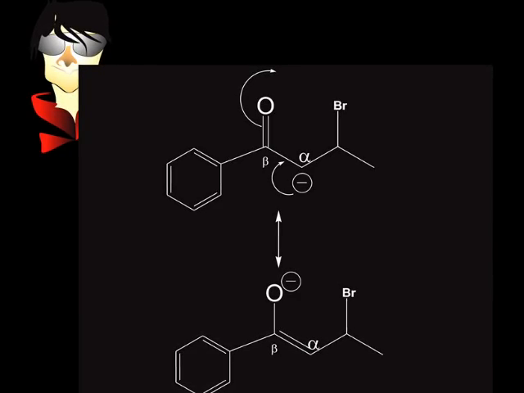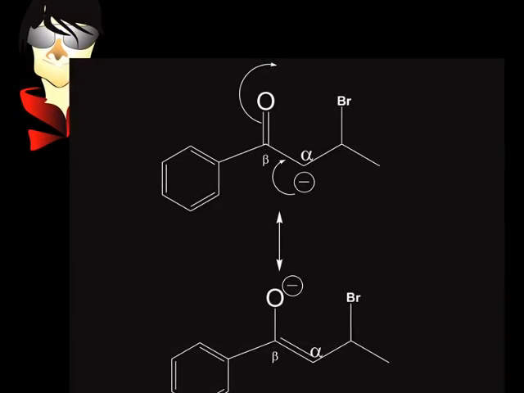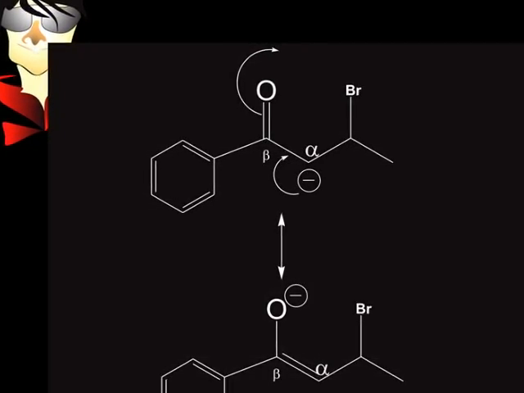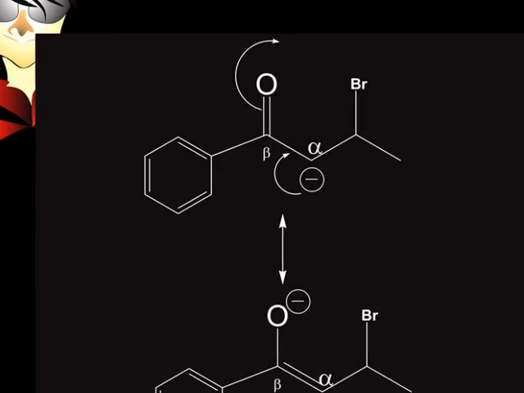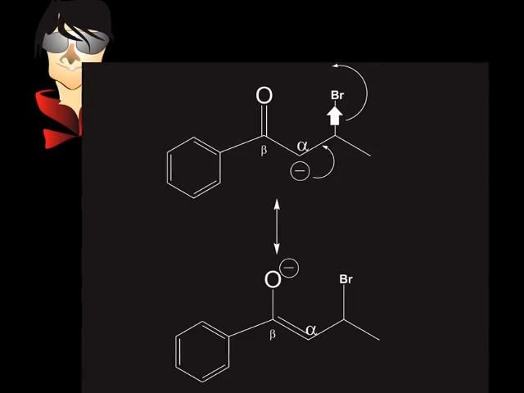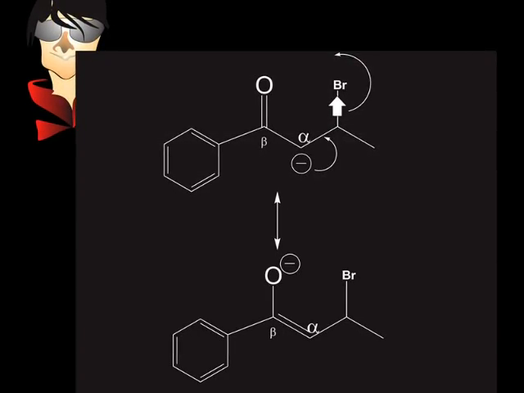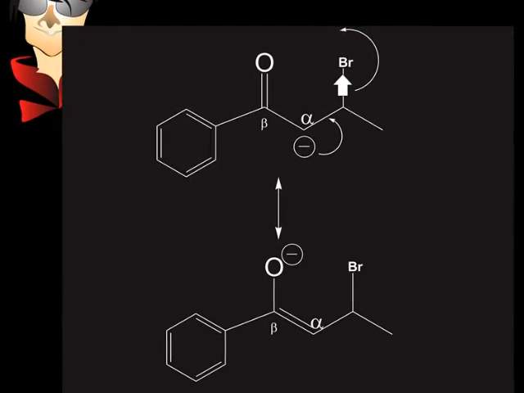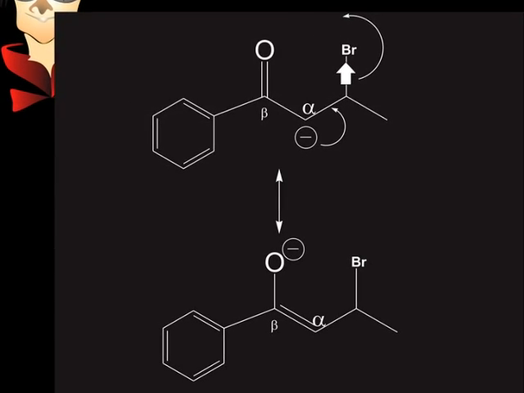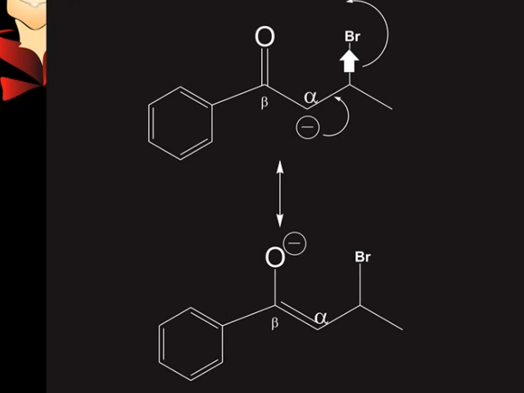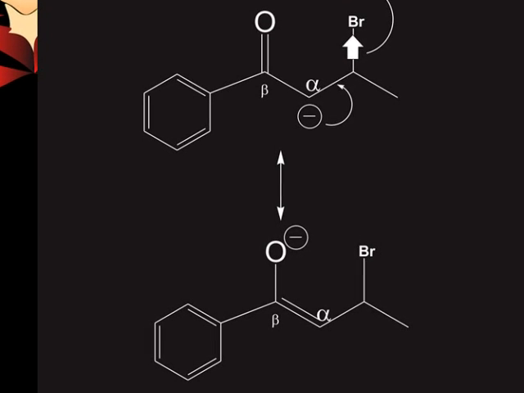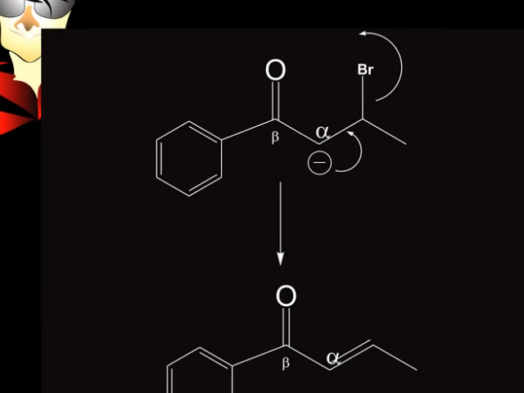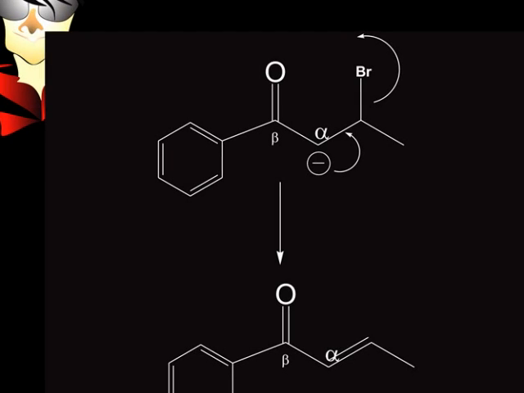In the current slide, you see that the carbanion is stabilized via resonance due to conjugation, and an enolate is formed, and there exists resonance between them. Now the enolate resonates back to the carbanion stage. In the earlier slide, you have seen the carbanion resonating with the keto group. However, if it does not resonate and goes on to the right side, then it becomes an entering group, forcing the carbon-bromine bond to leave. Due to this, the alpha carbon-bromine bond leaves, and this leads to the formation of